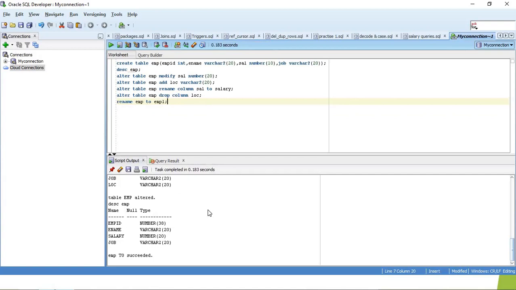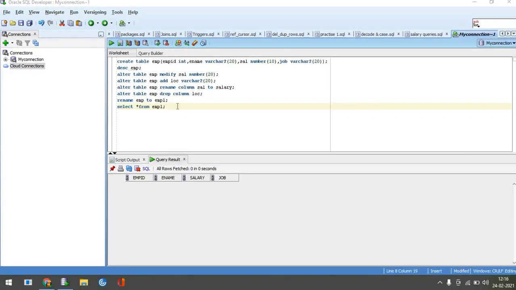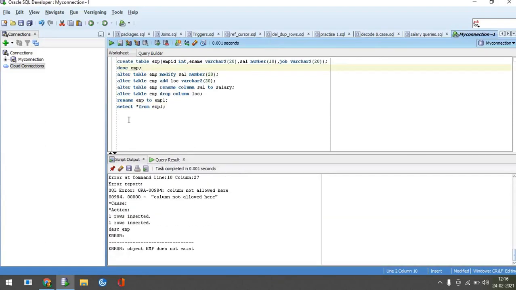So it was changed successfully. If you want to check if the name was changed or not, you can go here and run the same query, describe employee. It shows that object emp does not exist because the emp table name was changed as emp1.